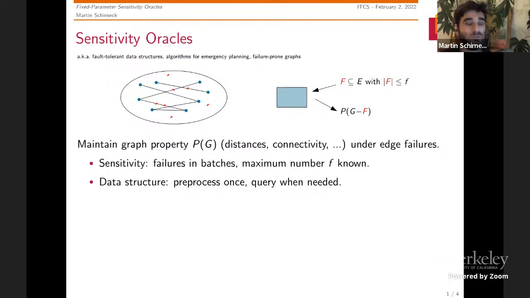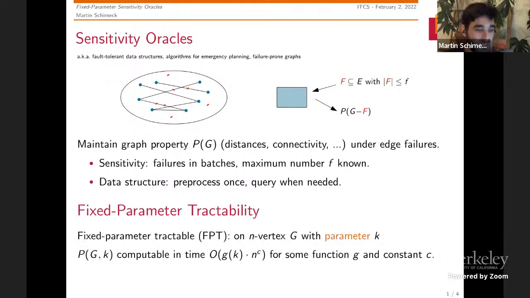And this is mostly researched for polynomial time computable properties, for example, all pairs shortest path, or the connectivity of that graph. But some very interesting graph properties are not polynomial time computable, as we know. But some of them are at least fixed parameter tractable, which is the other area. That means the input graphs come augmented with some integer parameter. We have seen in the last talk, for example, it could be the width. In my examples, it will be the solution size. But the common thing is that we restrict our attention to graphs with parameter k. Then this can be computed in time